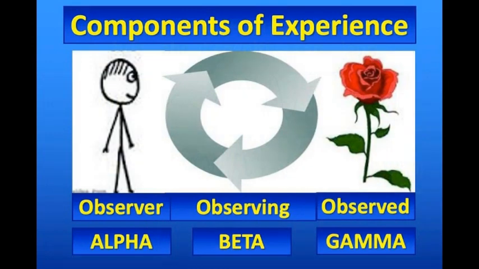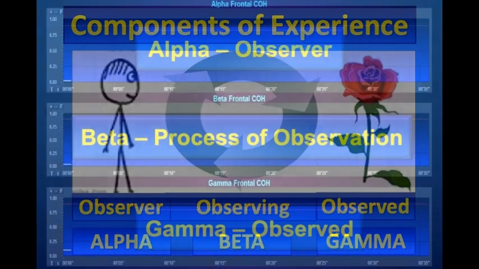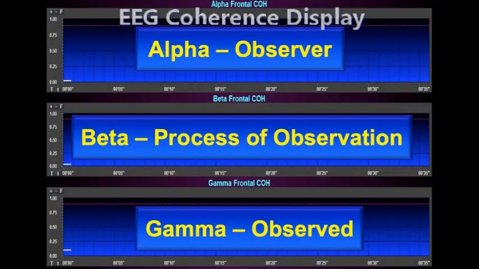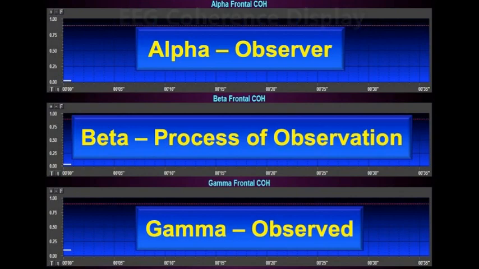The human brain utilizes very fast activity of gamma coherence to construct each object. On the other hand, it utilizes alpha coherence to support the observer, and beta coherence to link the observer with the observed or object. So these 3 components are subserved very importantly by alpha, beta, and gamma activity, in particular coherence. What we're going to see in the next bit of this time is these 3 EEG computer displays, coherent